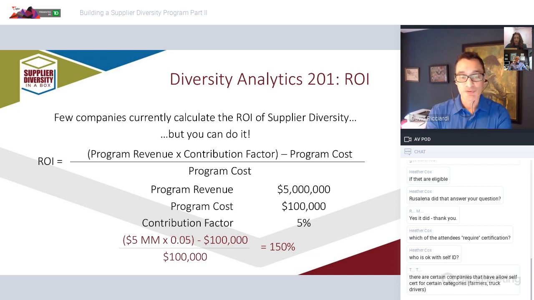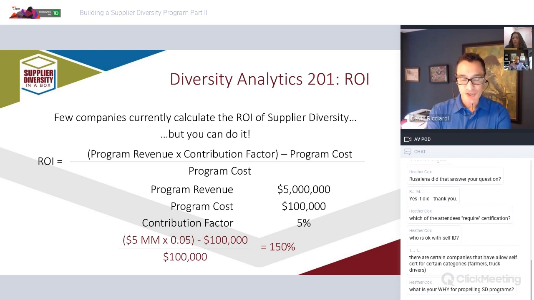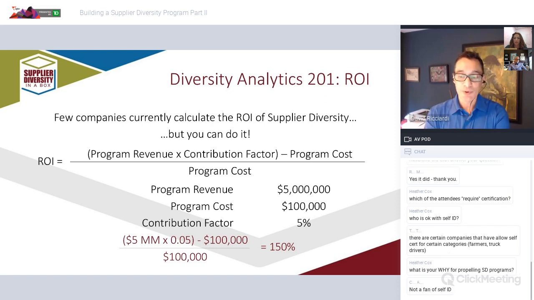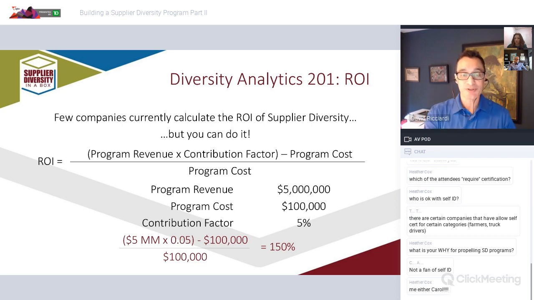It's really looking at how much revenue you attribute to your supplier diversity program divided by the cost of running that program. Let's run through a couple of quick numbers. Let's say you're at a company and you say, I'm going to attribute $5 million of our revenue to having had some sort of influence from our supplier diversity program. You're likely looking at customers that have a supplier diversity requirement from their vendors. That's really where you're going to get a lot of those numbers from.